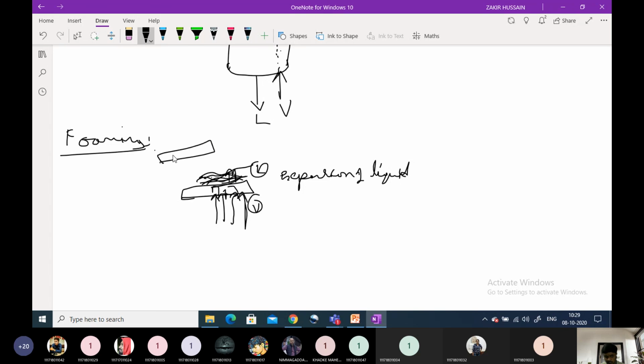If you see, this is the next immediate plate. This foaming will form bubbles. These bubbles will have a tendency to rise up to the next plate also. Then the mass transfer in this plate will also be affected, and mass transfer in the next plate will also be affected. Because of this, we need to suppress this excessive foaming. Excessive foaming will plug these plates. The foaming will rise to the next plate, and then it will suppress the mass transfer between vapor and liquid.